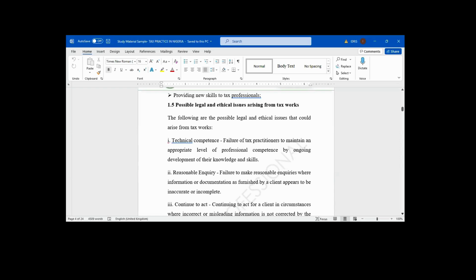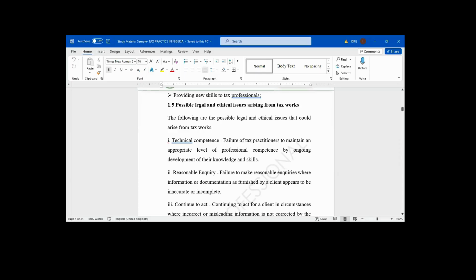The Nigeria Tax Act, the Nigeria Revenue Service Act, the Joint Revenue Service Act, and the Nigeria Tax Administration Act. You need to know them, what changes they will bring, and what impact they will have on companies. That is what is called technical competence. It is not about reading alone. You need to be attending workshops and trainings, getting updated knowledge. Nobody knows it all. You have to seek peer review and seek knowledge.